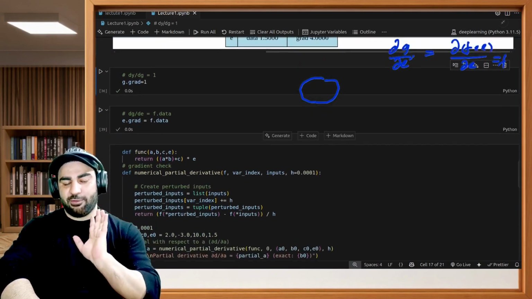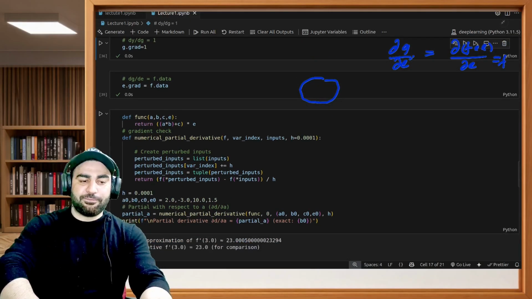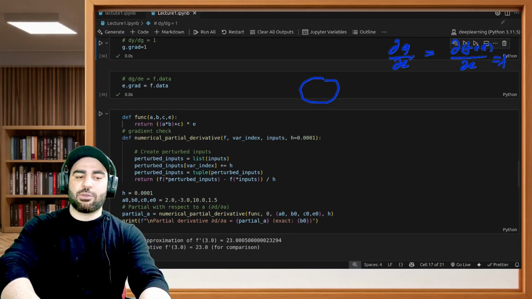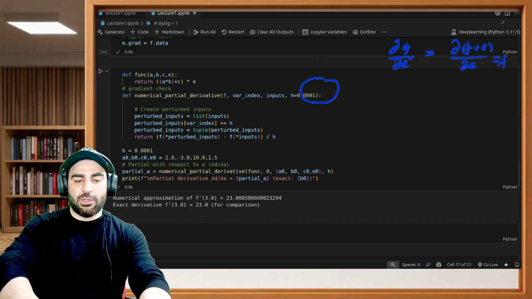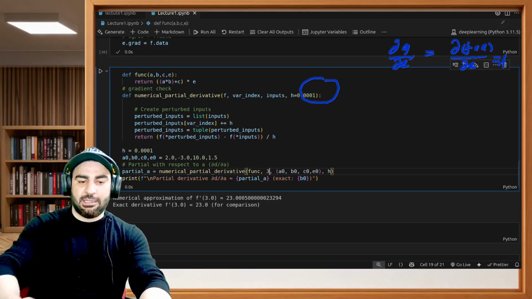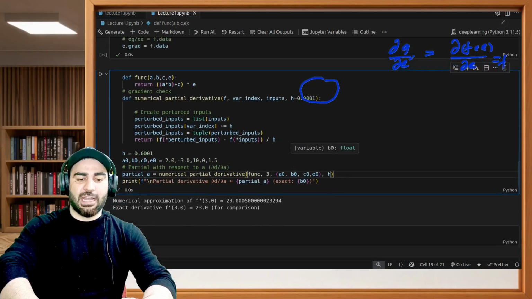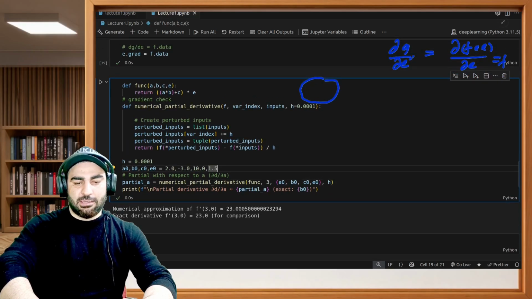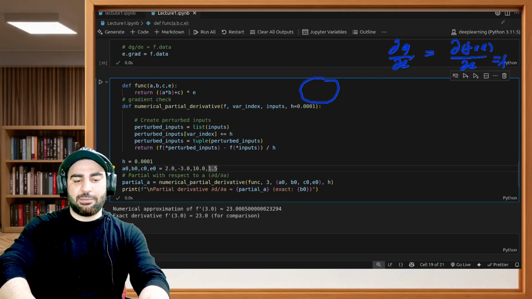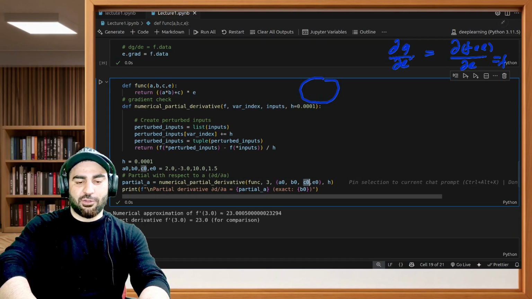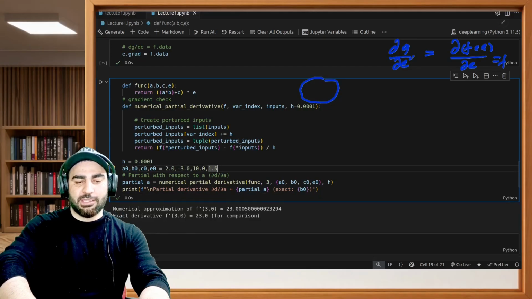Okay, let's do the manual check. We have to compute the gradient of the function g with respect to e. What is the index of e? 0, 1, 2, and 3. So e is at index 3. We'll take the partial derivative of whatever this function is at that particular place. This is a naught, this is b naught, and this is c naught. I'm taking the partial of a, so if I run this,